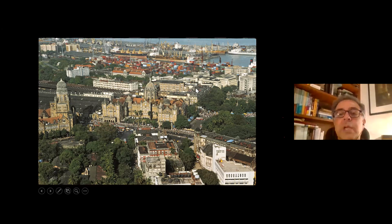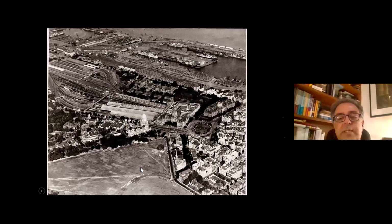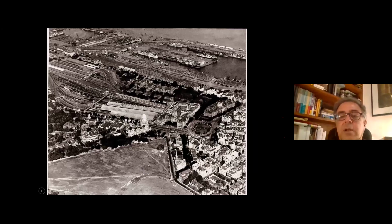Again, a higher view and an earlier view, but again, massive amounts of shipping and the railway complex which actually come in from over here. And this is the demarcation of what was the fort, and the open space was the esplanade. Now, if we move over to the western side of the city and run along Marine Drive,